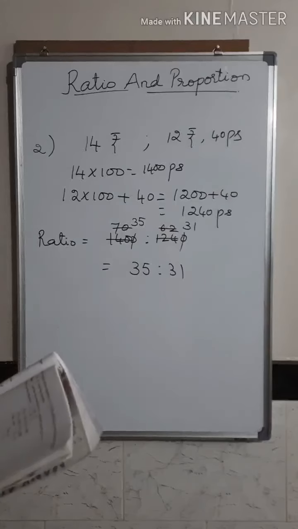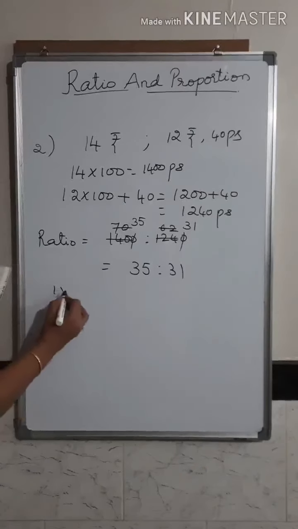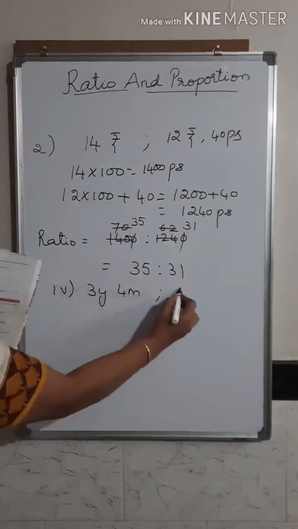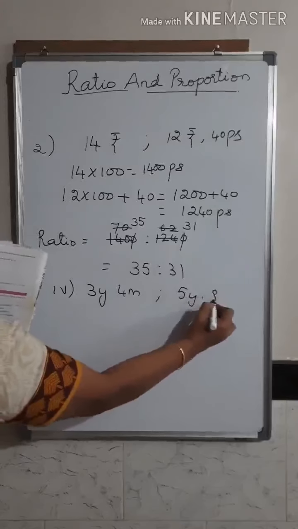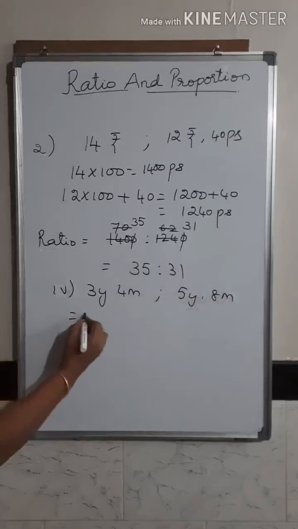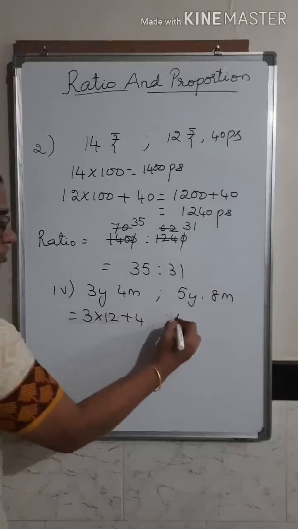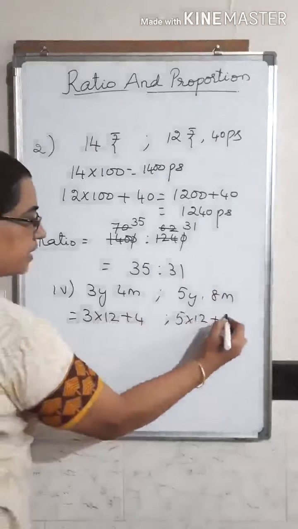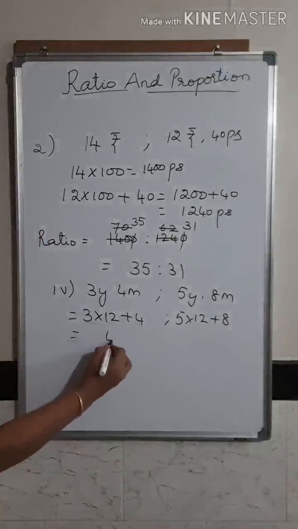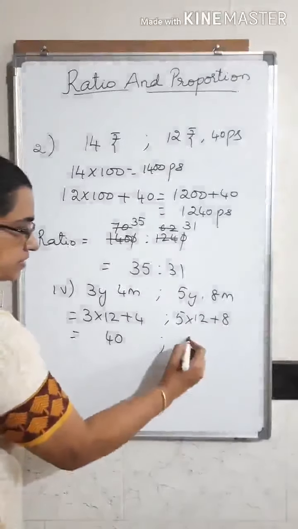Now from this question you have got the 5th and the 6th omitted. So I'll take one more problem, the 4th one. In this you have got 3 years 4 months, and the second one you have got 5 years and 8 months. So in 1 year you know that you have got 12 months. So this is written as 3 into 12 and you have to add 4 to this. This conversion you get 5 into 12 and add 8 to it. So you get 12 3s are 36, 36 plus 4 is 40, and this you will get 12 into 5 is 60, 60 plus 8 is 68.